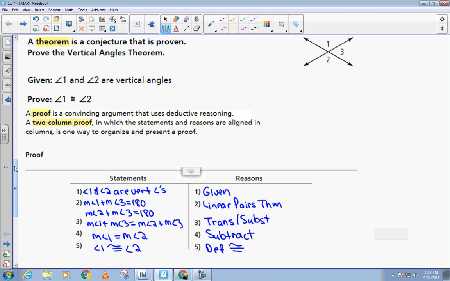Congruent angles, in this case the congruence is fine. Okay? So we have proved the vertical angles theorem. And so now we don't have to go about this proof, we can just use it. It's proven to us. And you can use the linear pairs theorem. Once I give you a theorem, unless I ask you to prove it, then you can just use it